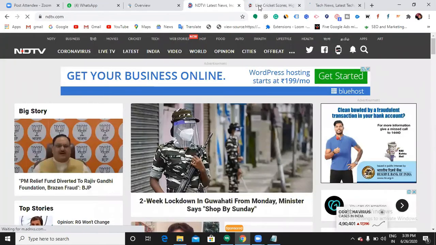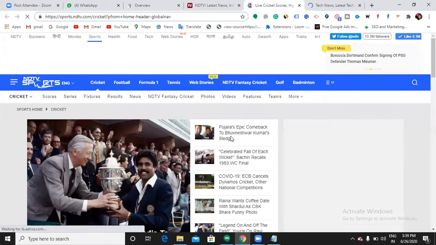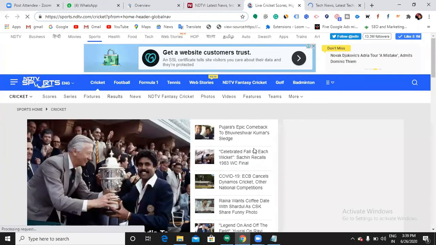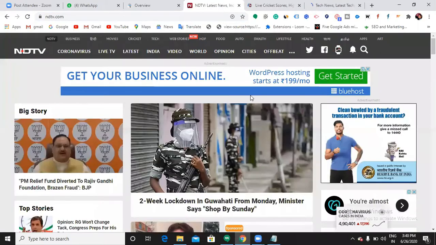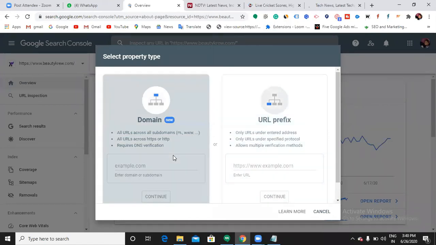Now, do you want Google to crawl this data as well? Yes. We do have some data in this subdomain, and it is linked up with my original website. When someone clicks on these folders, they can see all my blogs. That is the reason I want to crawl this subdomain as well. If you want to crawl all your protocols and all your subdomains, you can choose this type, domain.